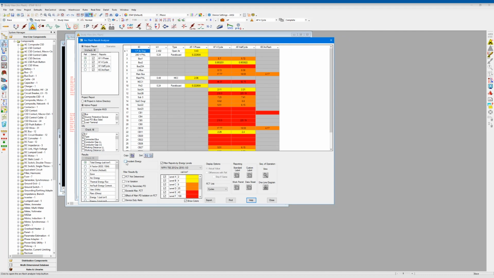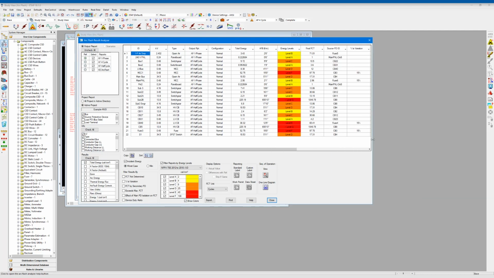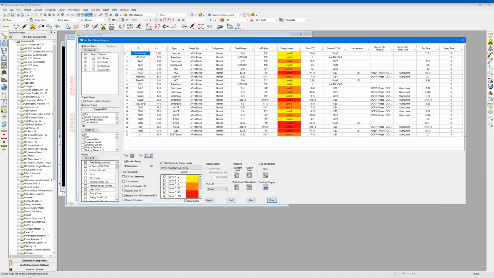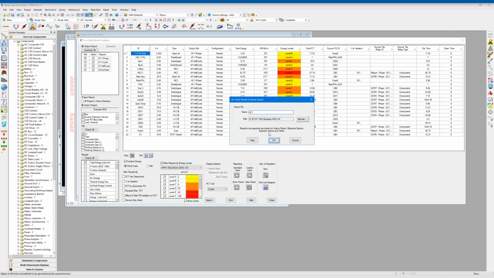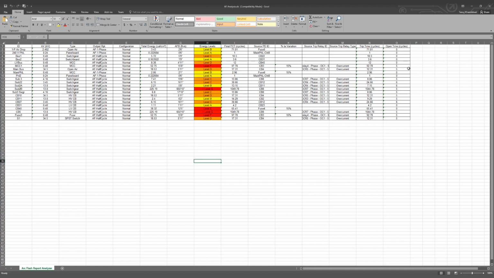In ArcFlash, you can actually proceed to do one further item, which is to show the worst case incident energy. This actually is giving us, across every single bus, what the worst case energy level is and from which output report it was derived. And this cuts down on the analysis time significantly, so you don't have to spend the time doing manual comparison of these results. And once you have this tabular view, you can just simply press export, give it a name, and once again you get similar information exported into Excel, which you can neatly copy and paste into your study